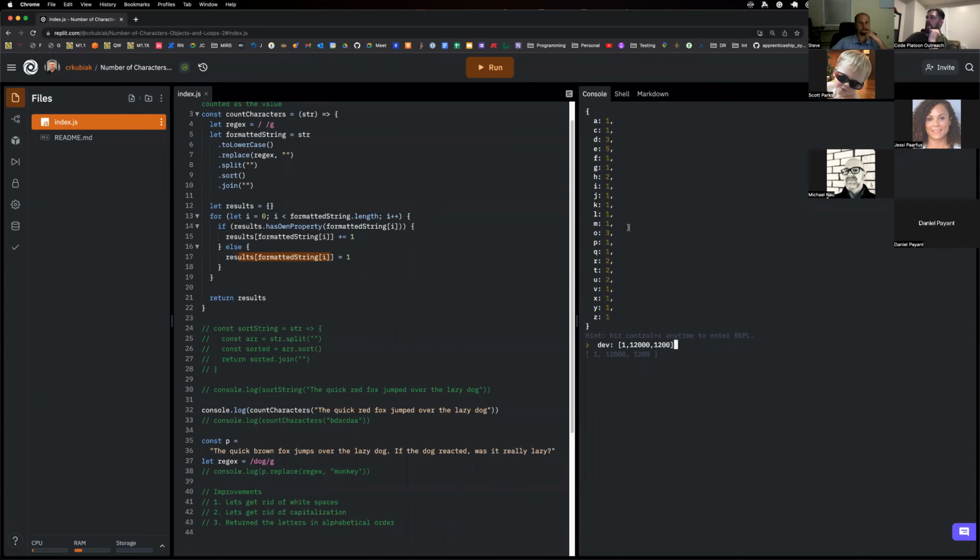Right. And so if they wanted to do something like this, we could get crazy with this and say, give me the count, but then also give me the index of the first time the character appeared in the string, right? And then it would look more like an array, and it'd be 1 for the count, and then